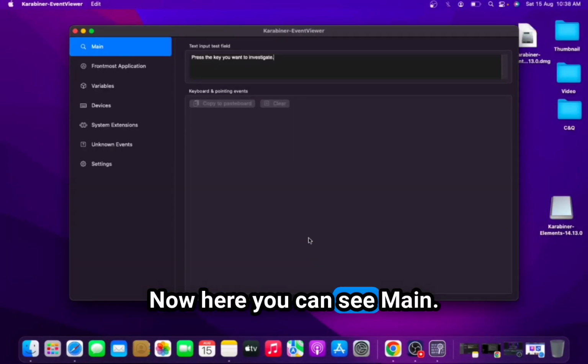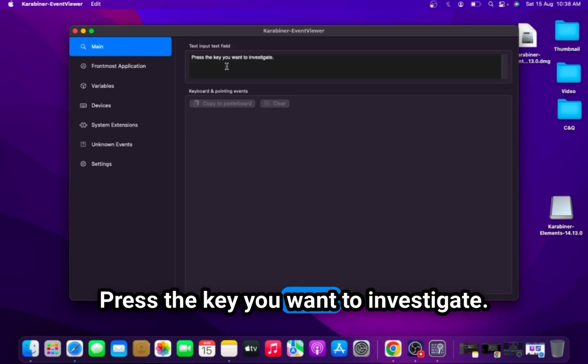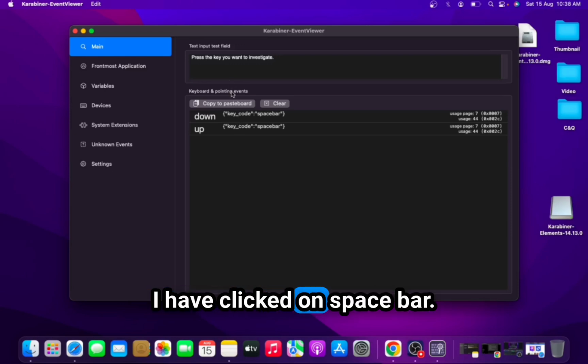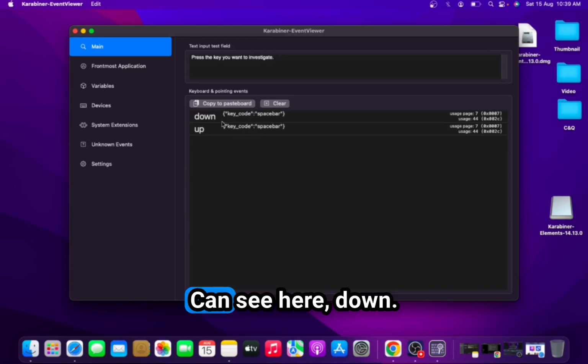Now here you can see main text input test field. Press the key you want to investigate. Just simply press it. As you can see, I have clicked on spacebar. The keyboard and pointing events are showing here. You can see here down, spacebar, up, spacebar. Then